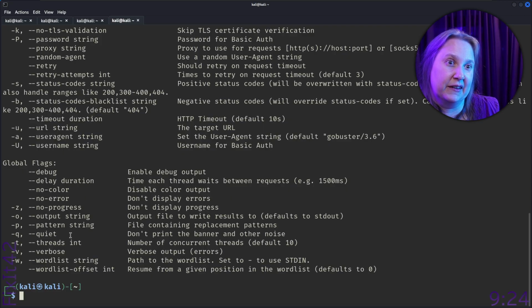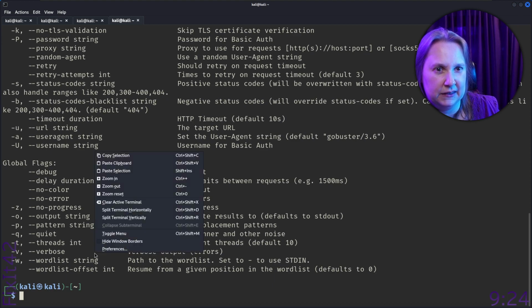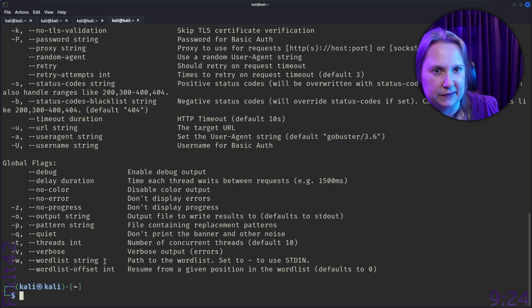That might actually be nice. And I'm using this one. Verbose can be nice, but we'll get a million errors. So we'll get all of the not working ones, and that will hide what we were looking for, I guess. So not the place to use it.